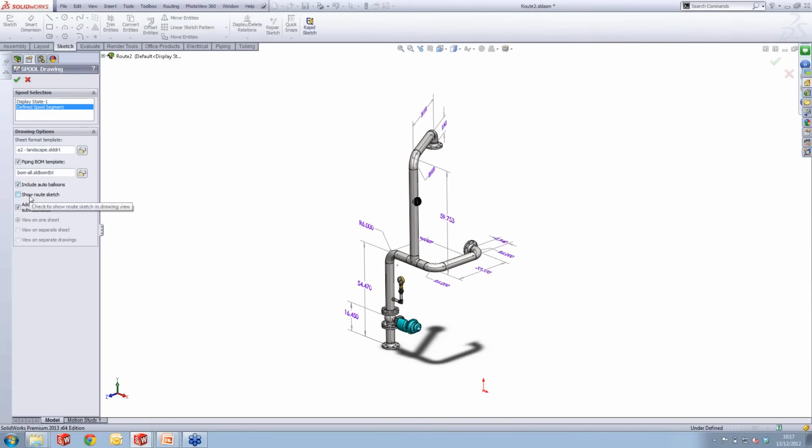The reason being is it shows the full root sketch, whereas we're only subdividing the particular segment of it. So we don't want to show it all, you see, and it sort of hangs off the edge of the drawing. I'm also going to leave it using this standard bill of materials. The reason being is I want to show you something here. If I specify that define spool segment and hit the tick,